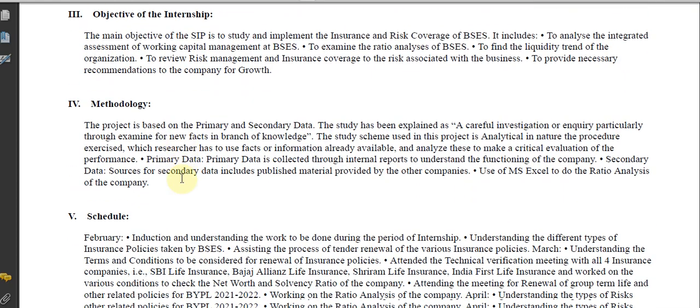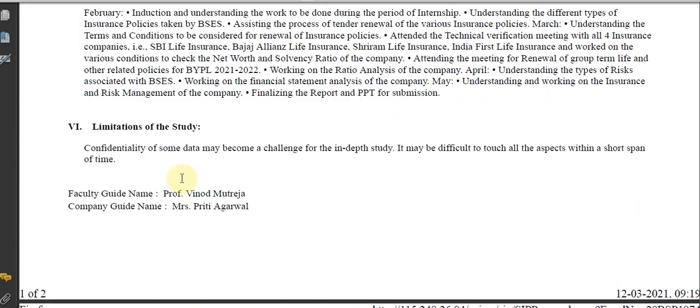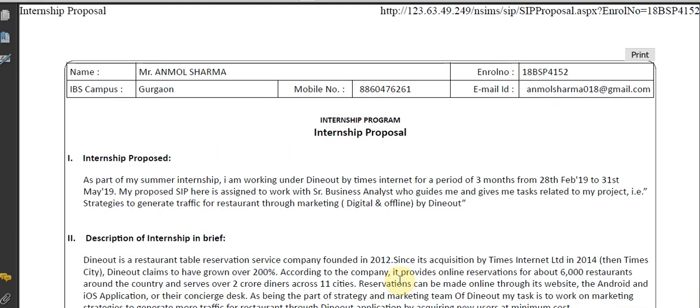Research methodology, as I have already spoken about this, whether exploratory, descriptive, experimental, kind of research instrument to collect primary and secondary data, and the kind of software you're going to use to analyze your results. Then schedule section, and then limitation section. Then comes another for Anmol.